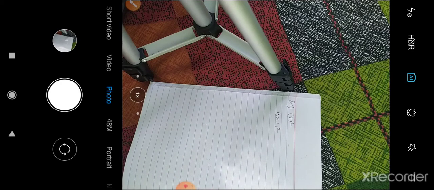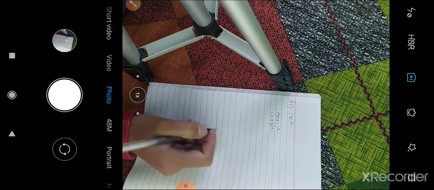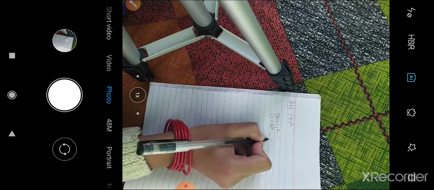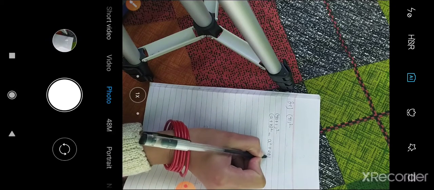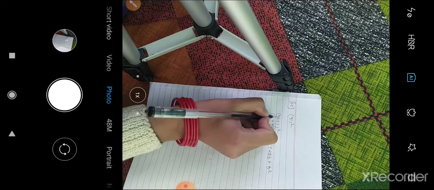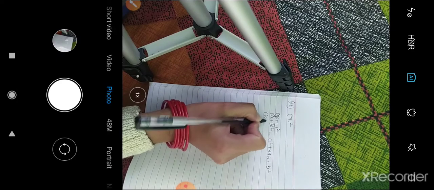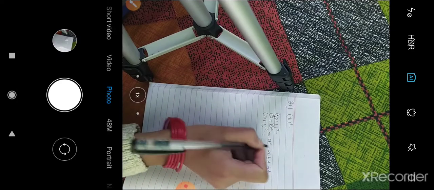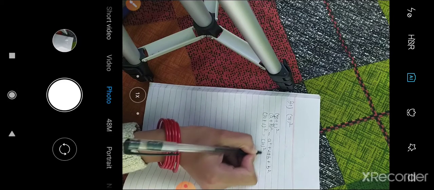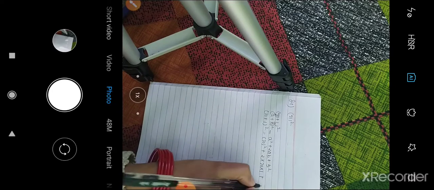And it is clear from the question that we have to apply the first identity to evaluate this, and the first identity is (a plus b) whole square. (a plus b) whole square is equal to a square plus twice of ab plus b square. In place of a we have 70 and in place of b we have 1. So we will substitute the values accordingly. In the place of a we will write 70 whole square plus 2 multiplied by 70 multiplied by 1 plus 1 whole square.